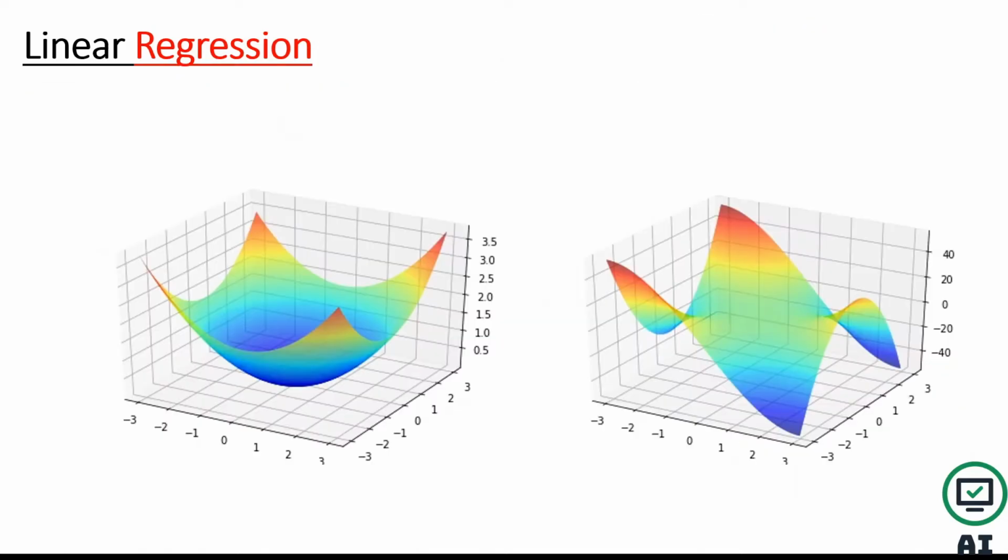So let's see this one. The function itself is nothing but a three-dimensional object, which you can see looks like either this or this graph. Both are three-dimensional objects. So the error function is going to look like a 3D object, like any one of these. It could be like this also or this also.